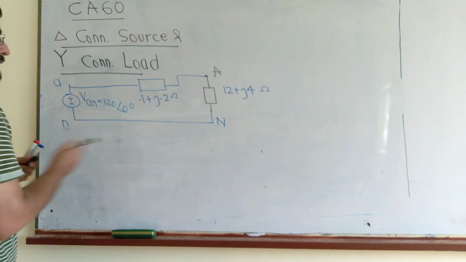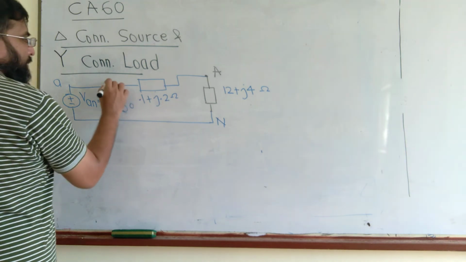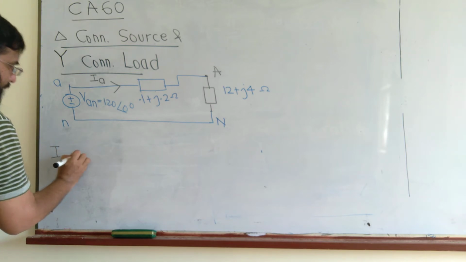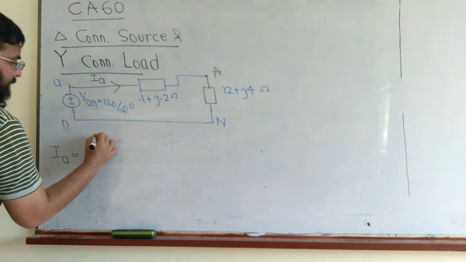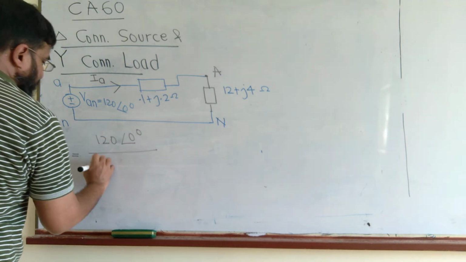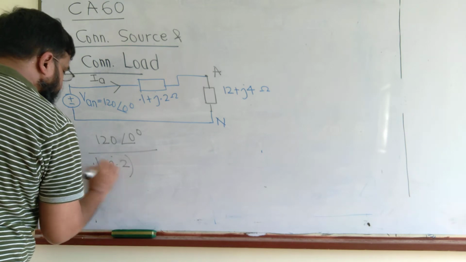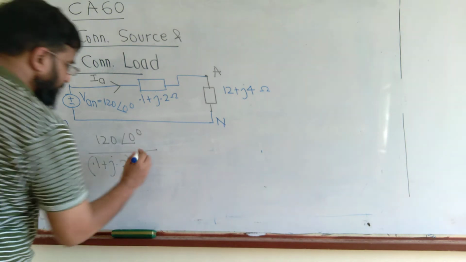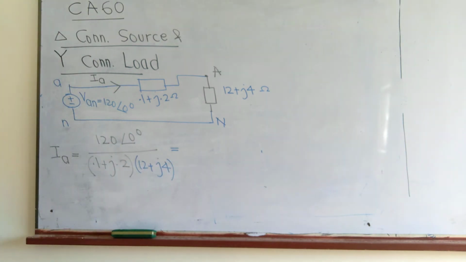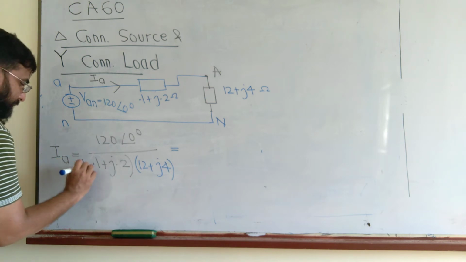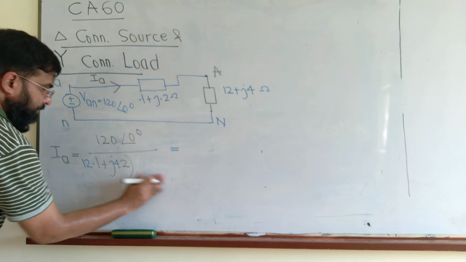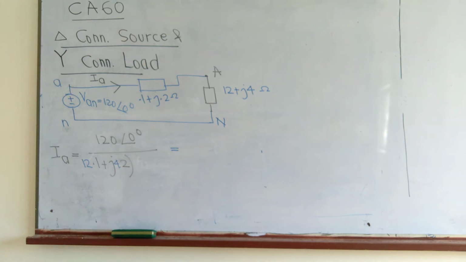To find this VAN, we first have to find the current. Since it's a series circuit, the current would be the same throughout. IA would be this VAN, 120 at an angle of 0, divided by 0.1 plus j0.2, 12 plus j4, the impedance of the line. So this becomes 12.1 plus j4.2. When we convert it into a polar number,